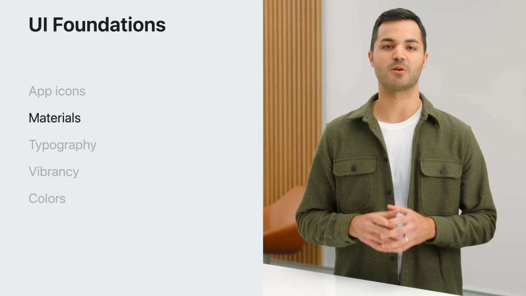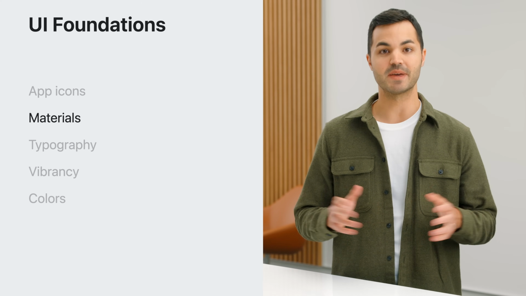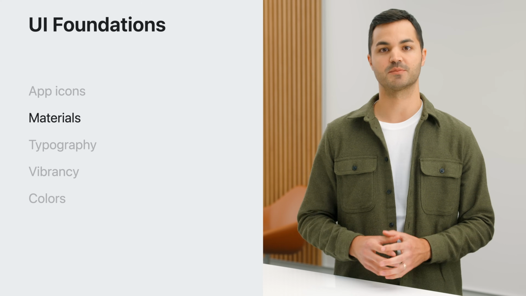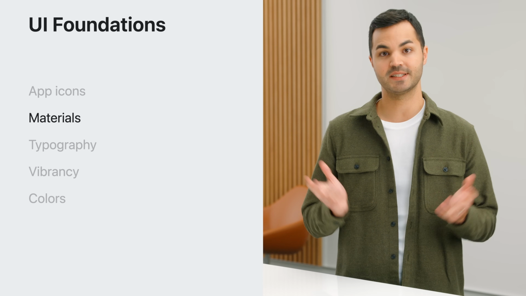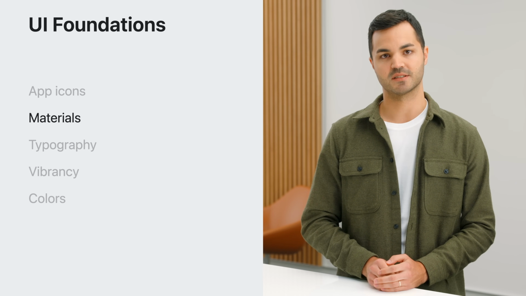Next, let's talk about materials. When people tap your app icon, apps will land in many different places, like this one, a broad daylight room, or in a small space, like an airplane, or at nighttime. Apps need to adapt to the lighting conditions in your surroundings. They should be easy to place in the space around you, easy to use at any distance, and easy to view with any lighting conditions.